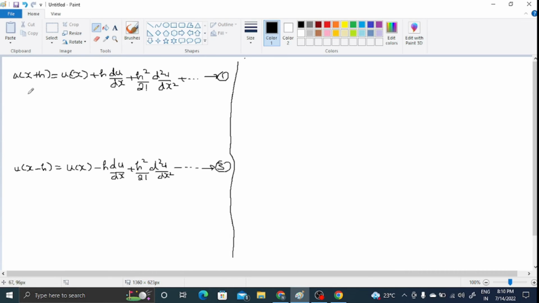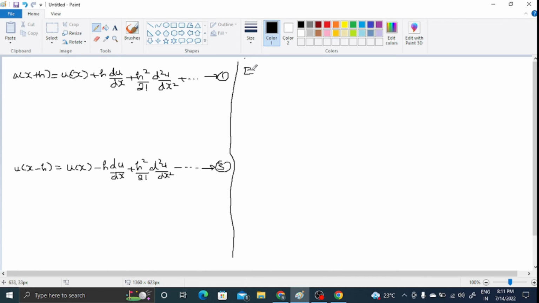One is the Taylor series expansion of the next point, that is u of x plus h equal to u of x plus h into du by dx plus h square by 2 factorial into d square u by dx square plus etc. And the second one is the Taylor series expansion of the previous point, that is u of x minus h is equal to u of x minus h into du by dx plus h square by 2 factorial into d square u by dx square minus etc. Now